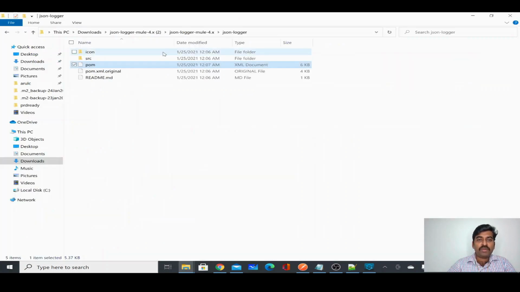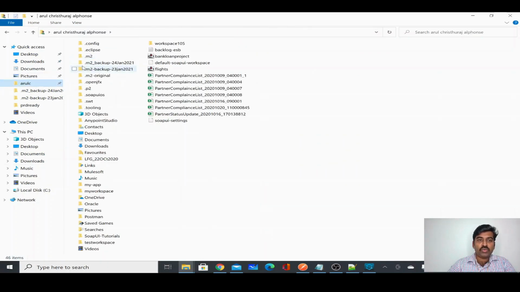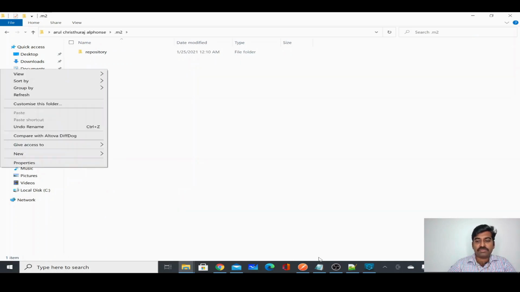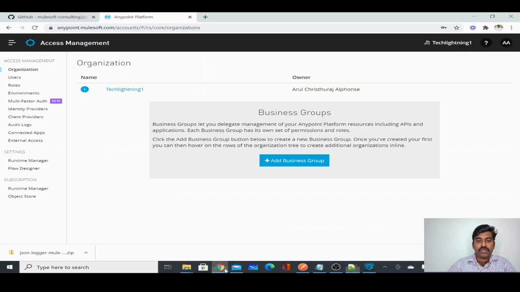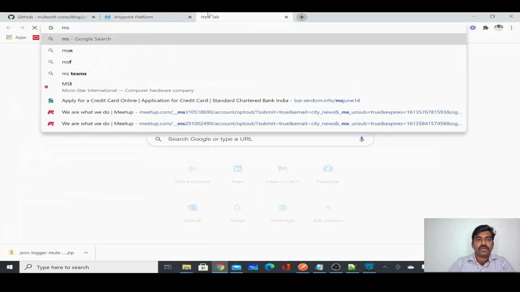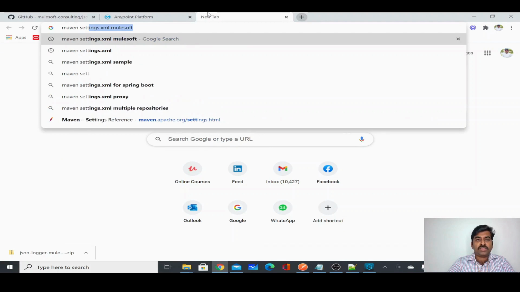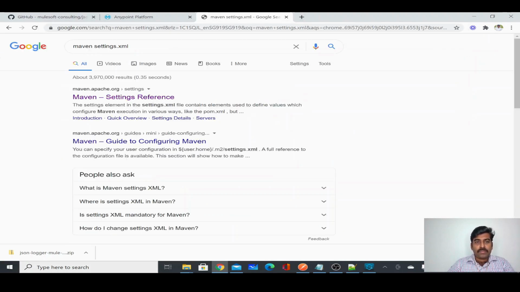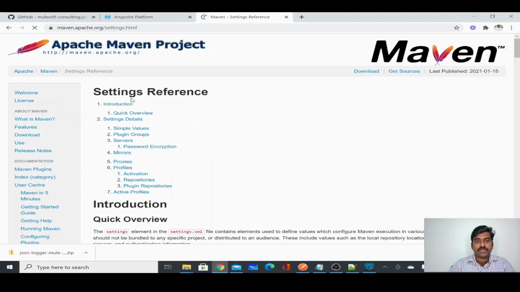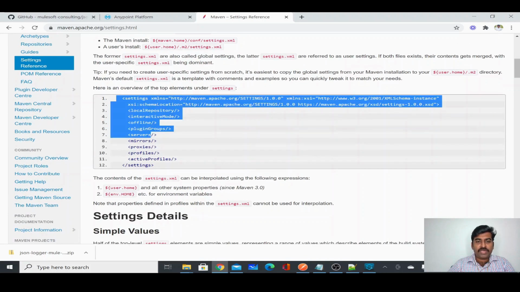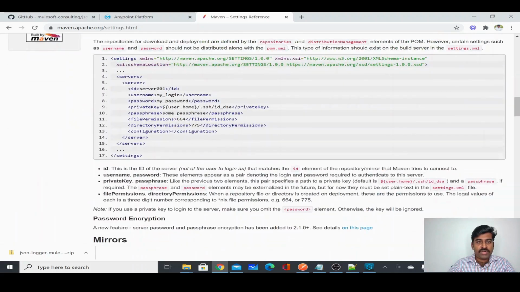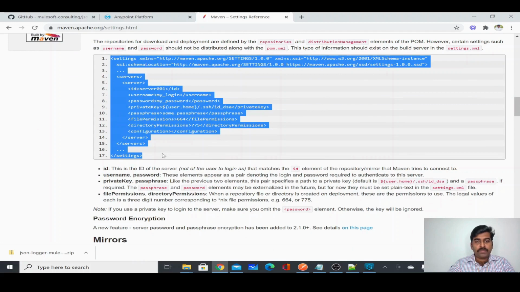In order to do that, go to the M2 folder, which will be in your users folder, and create a settings file. You can take the settings sample from Maven: search for Maven settings example, go to the Maven settings reference and copy the settings tag, or just the server-related part.